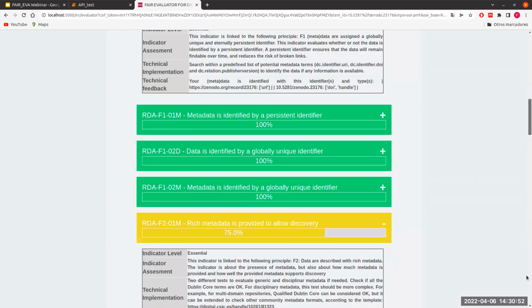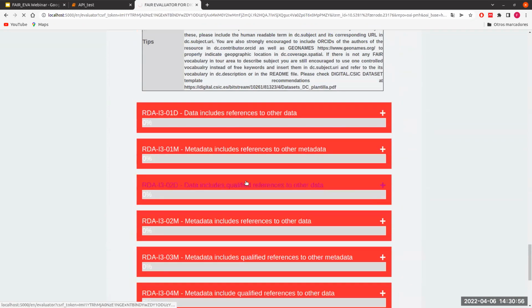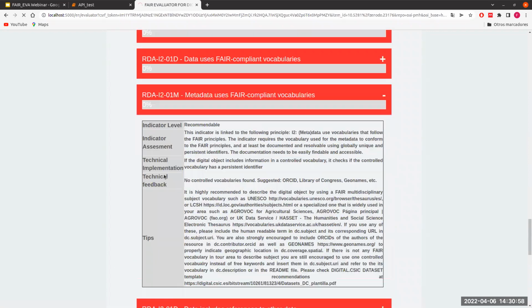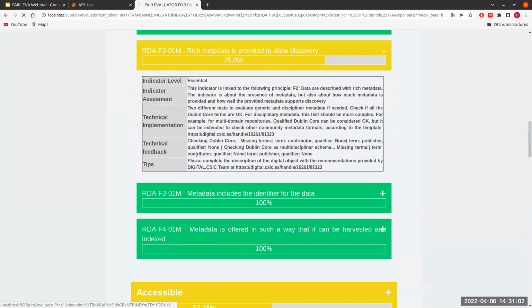Okay, one of the options is also to export this to PDF. So that's fine to have a document where you can see everything and you can print if you want.